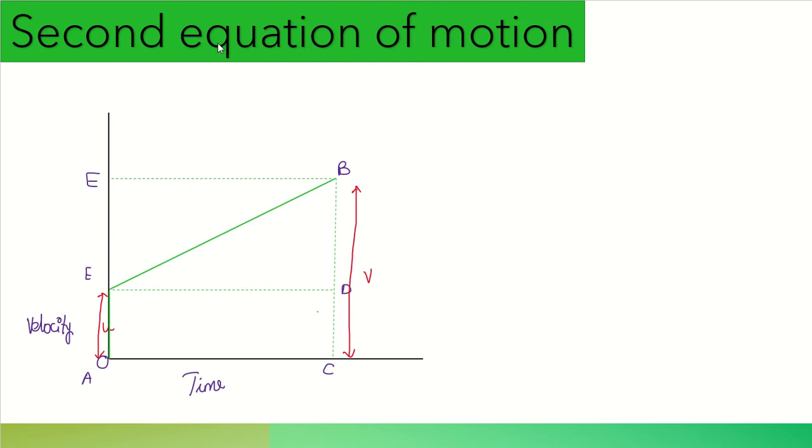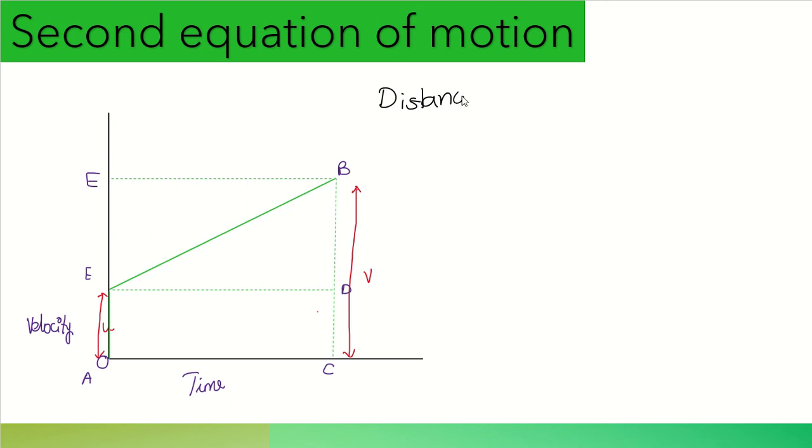Now coming to the derivation of the second equation of motion. To derive it, again we are going to use the same graph. If they are asking all 3 equations of motion, you have to draw only a single graph. But if they ask to derive the second or third equation of motion separately, you still need to understand how to draw the graph. If they ask to derive from the graph, we are supposed to derive using the graph, because if you simply derive using the other method, you will not get marked. Here I'm going to use the idea that distance traveled by the object is equal to the area under this graph.